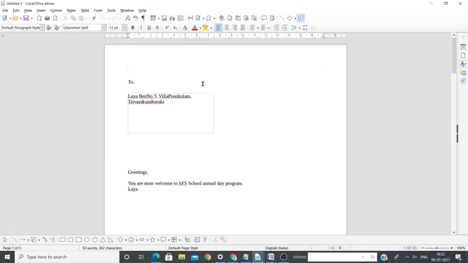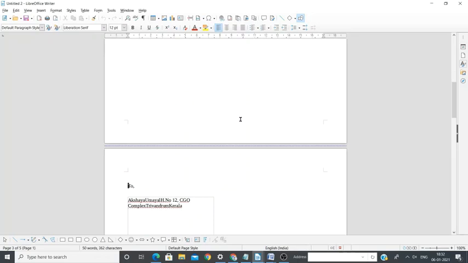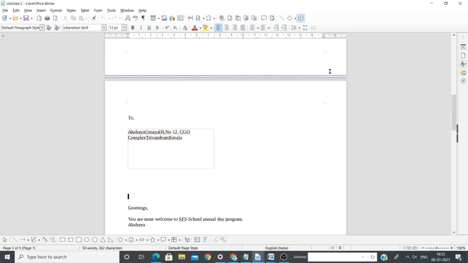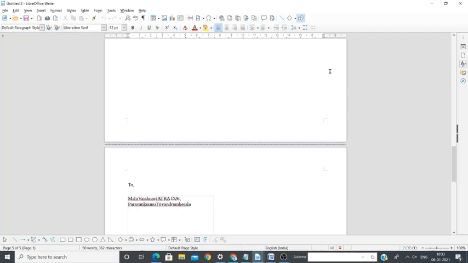When you click on edit individual document, you can see the list. Totally I have entered 5 addresses, right? So you can see the first one: number 5, Villa, Pungulam, Trivandrum, Kerala. The spacing is not right here, but we can change the look of this address also. Don't worry about it. You should know how to create it, that's all. The second one, Akshay Umayal, do you see? Then the third one, Malu Vaishnavi. So this is a third message.